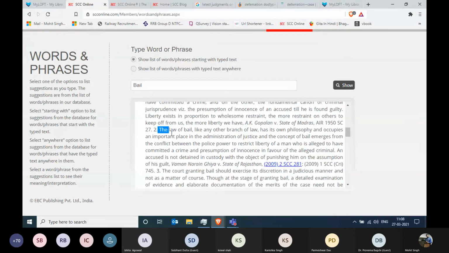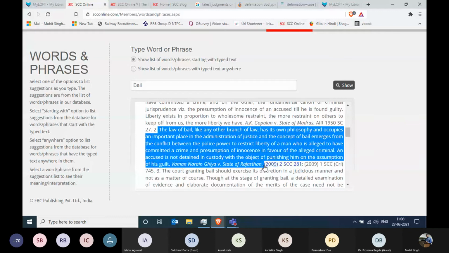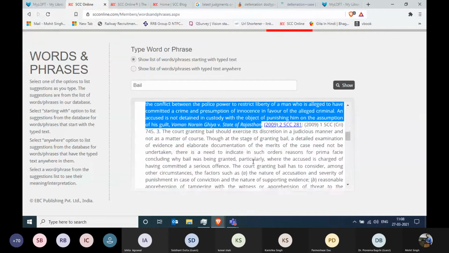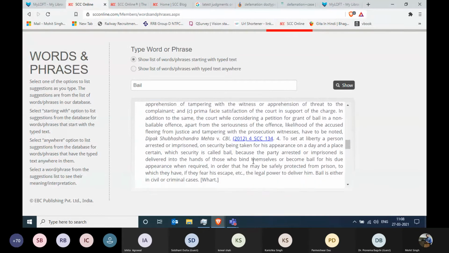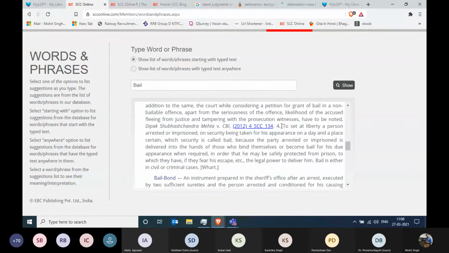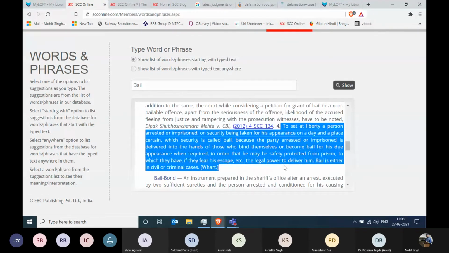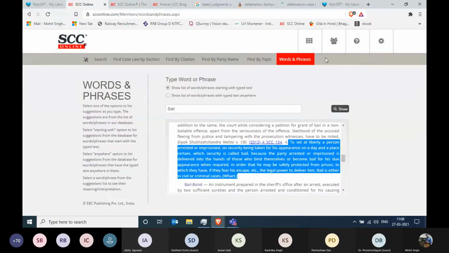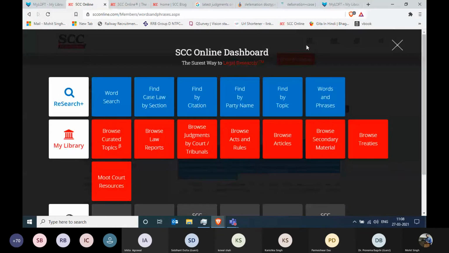The second paragraph, starting from here, goes till here again from another judgment. Similarly for the third one. But the fourth paragraph is coming from a different source. The fourth paragraph is coming from Walton Dictionary of Law. So this is how you get to see two sources of information. First, the Walton Dictionary of Law, and second, the judges who have defined that particular word. So this information is going to help you a lot whenever you're researching.